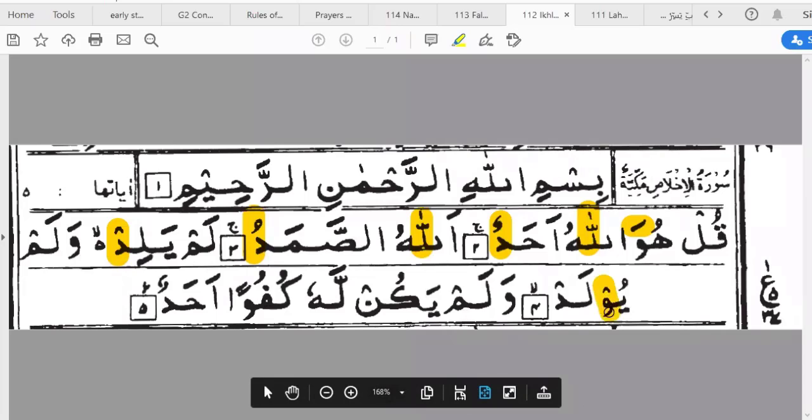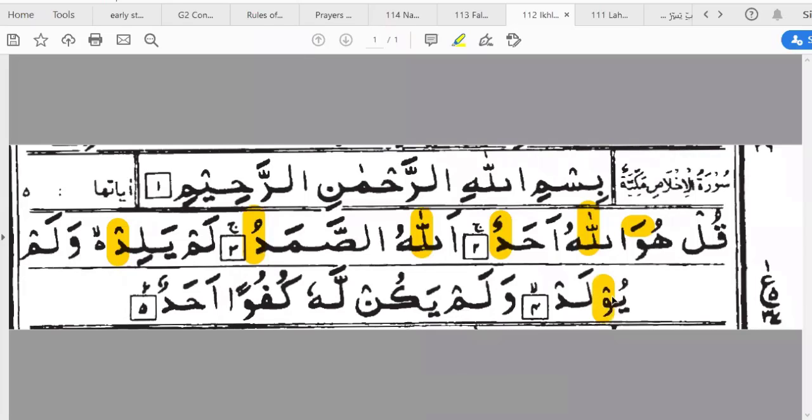Over here, this is waw sakin. You did not prolong the sound for 2 seconds. This is a madda letter. When we have waw sakin present and there is a dhamma stroke present before it, we know that it is a madda letter, and the rule says that we are supposed to prolong the sound for 2 seconds. Yulad,